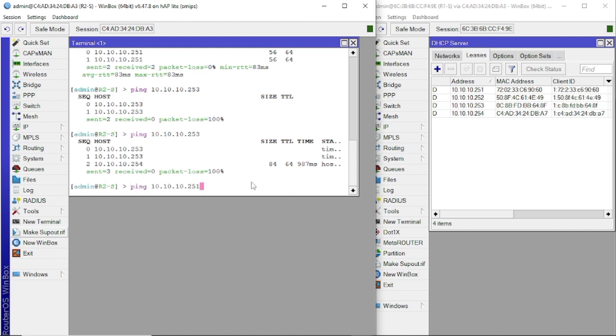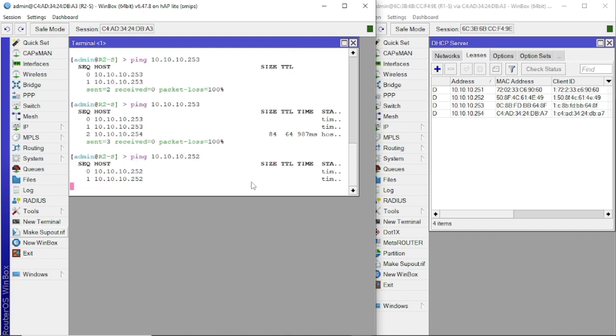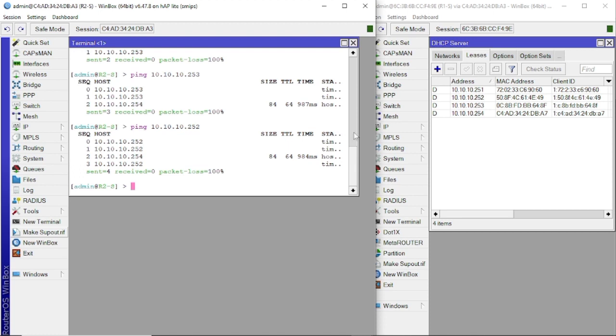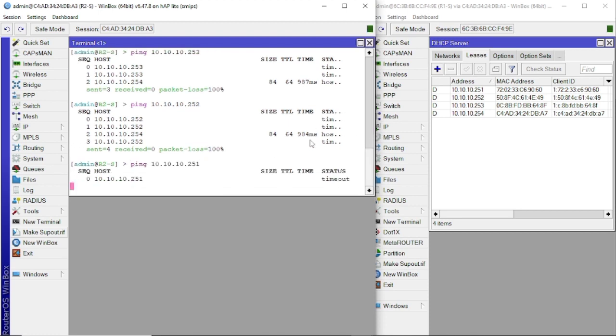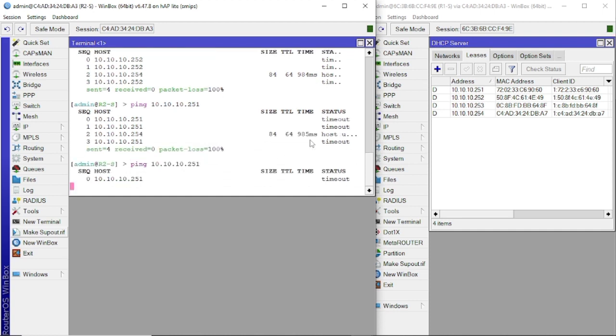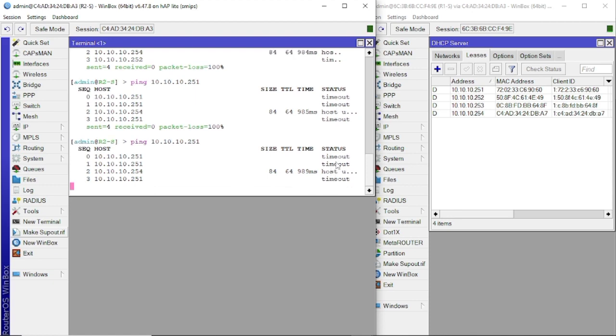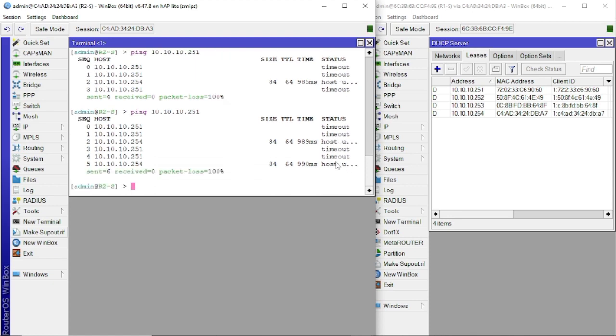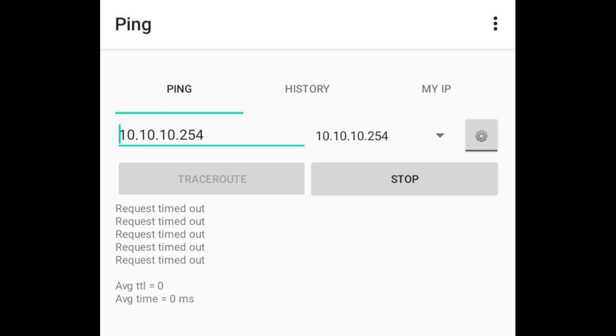Then the result will be a timeout, which means clients cannot connect to each other. Likewise, if you ping from client handphone B, the result will be a timeout.